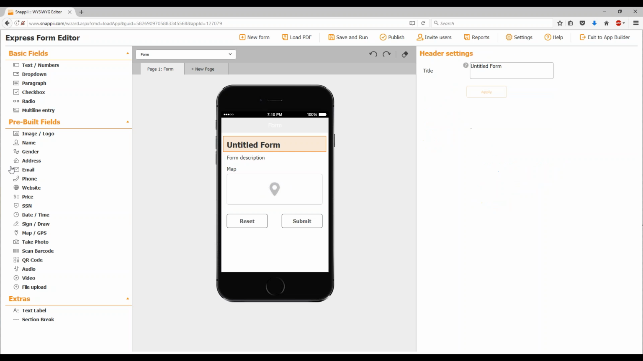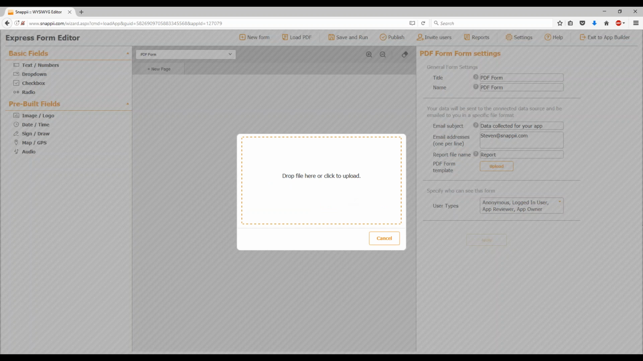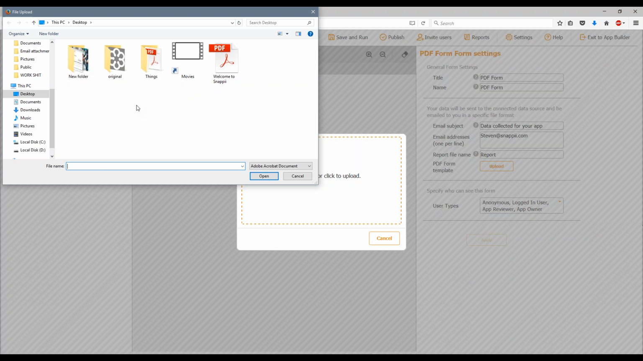So moving on, basically this is just our form editor. We're not going to be doing much work here. I'm going to load the PDF now instead. So we don't want to save changes. I'm going to draw a file. I'm going to press welcome to Snappy. So I have basically here,